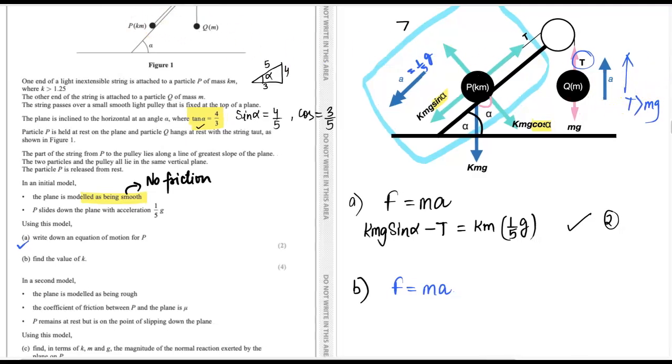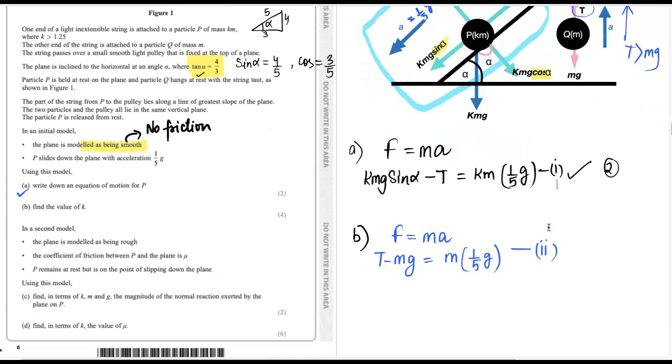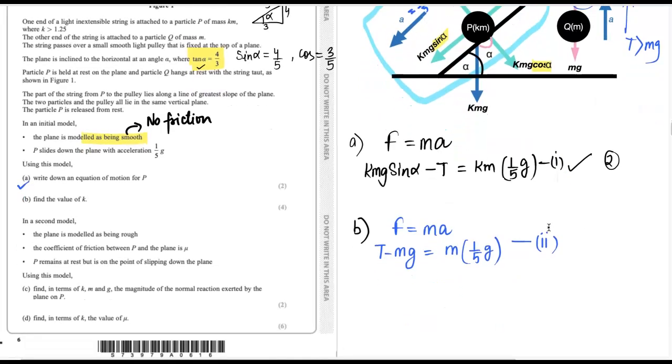Hope it makes sense. Now, we're going to be writing resultant force is T minus mg is equal to m, and acceleration is 1/5 of g. We have these two equations, equation 1 and equation 2. What can we do? We can just add them both, because minus T and plus T would be 0. So what we are going to be doing is adding